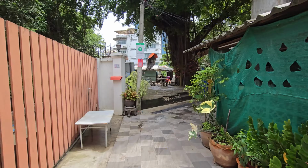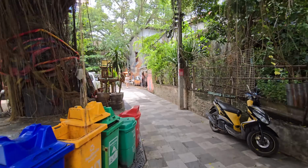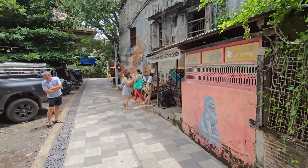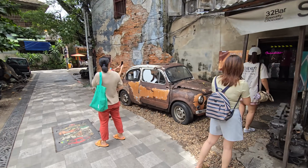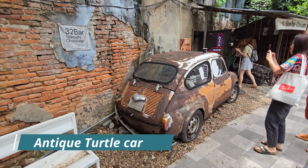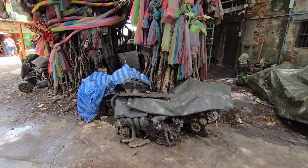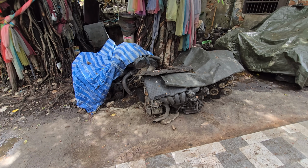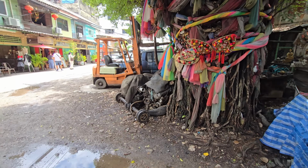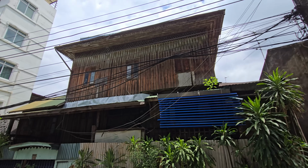And here I would say is the star of this area. This is, if I'm correct, a Fiat 600. Somebody left its car in here. And this is a very popular spot for making pictures next to the body tree. And what I mentioned in the beginning of this video, this is an area where a lot of mechanics live. So you see motor blocks everywhere. But what I want to show you is the